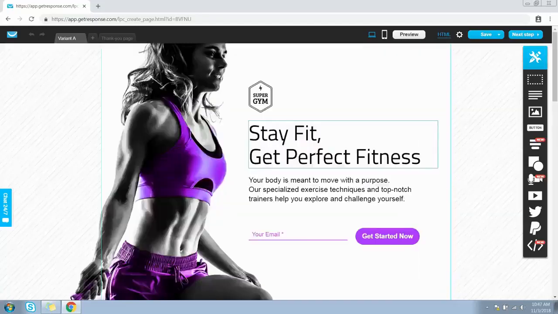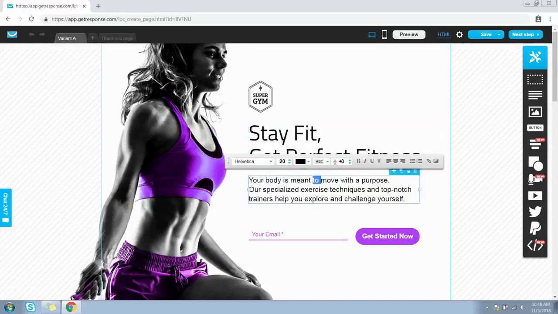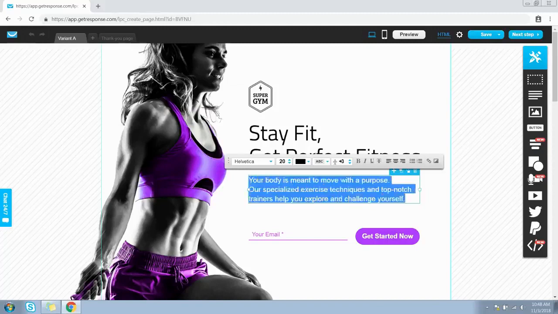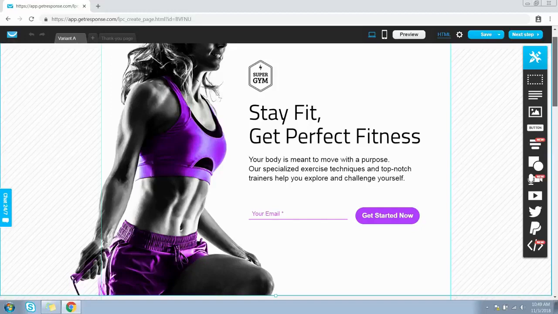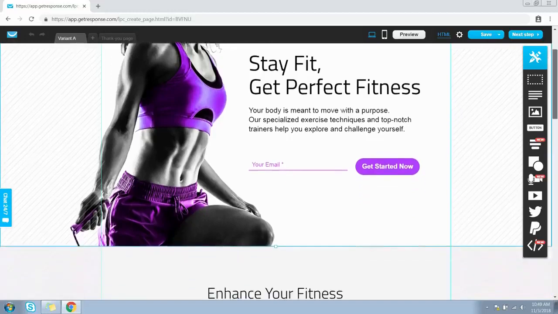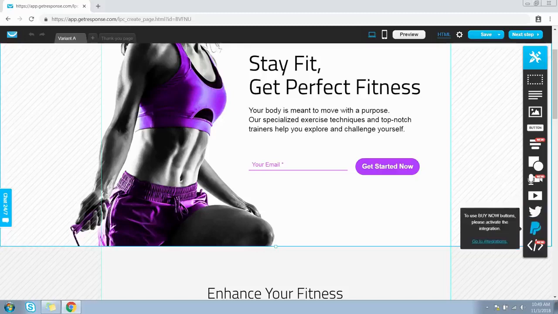So we have landed on a drag and drop HTML editor. To edit text, you can double click the text fragment you want to change and add your own text. Editing tools menu becomes available as soon as you double click on the text. Use them to change the style, format and positioning of your text. Use the tools in the side toolbar to further customize the design of your template. You can add more sections, buttons, forms, shapes, videos, social sharing icons and PayPal buttons.